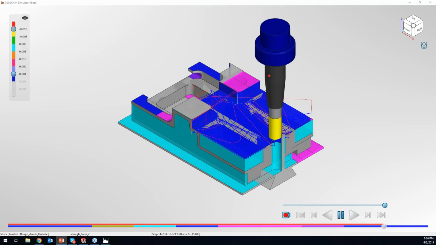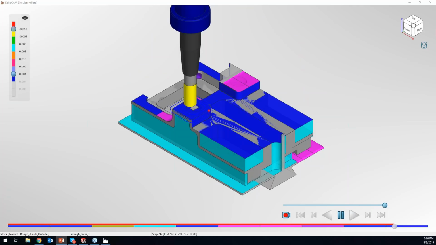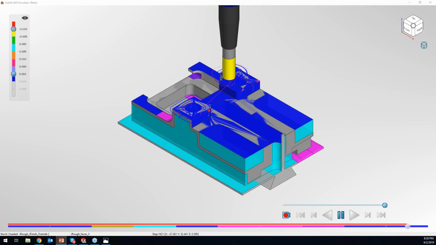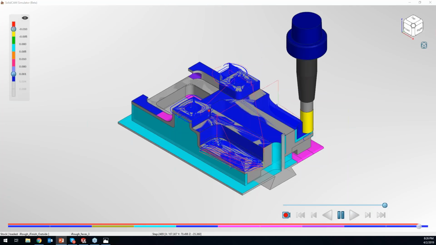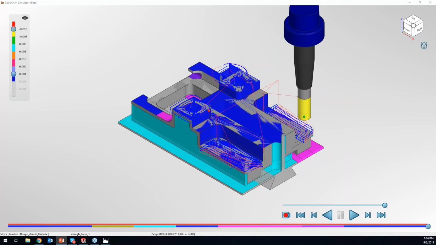Got to jump to multiple colors. If you guys don't want to see multiple colors,